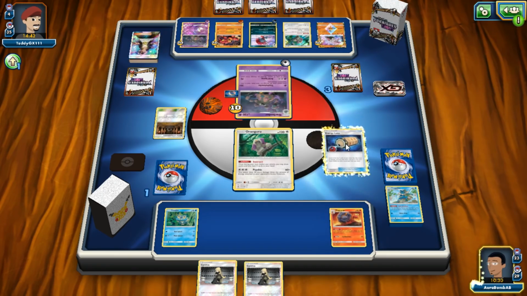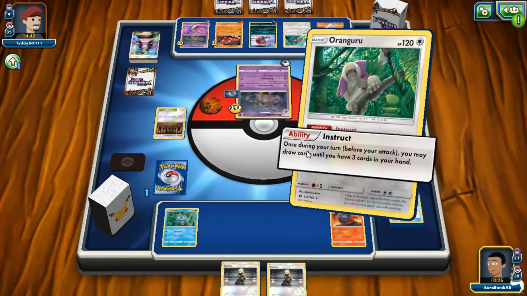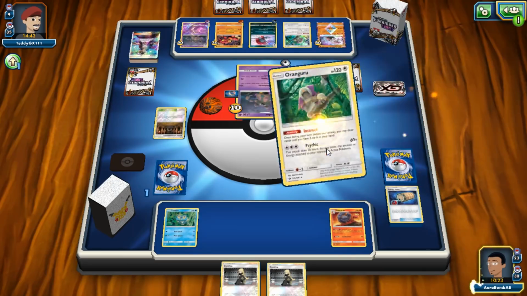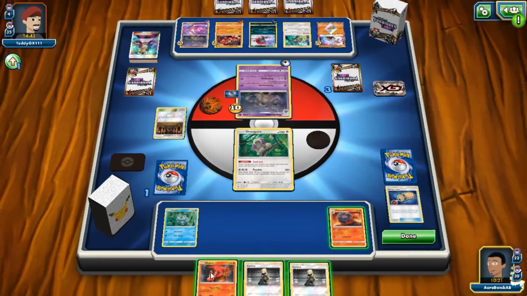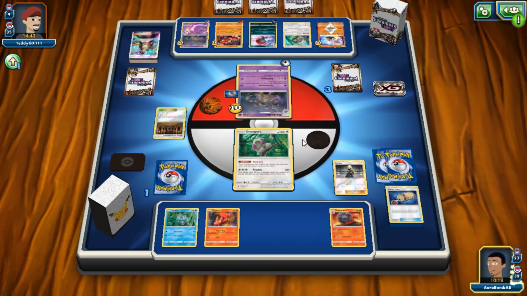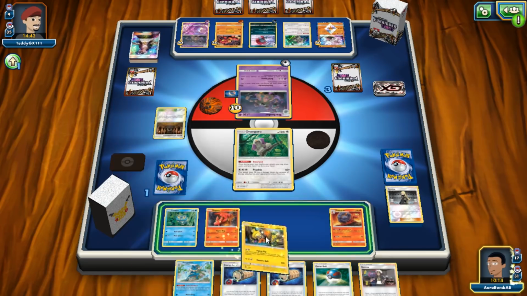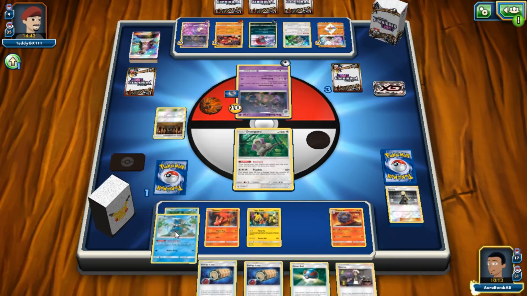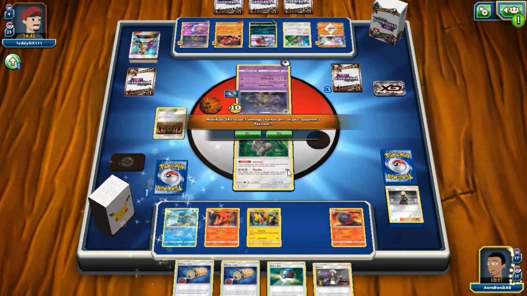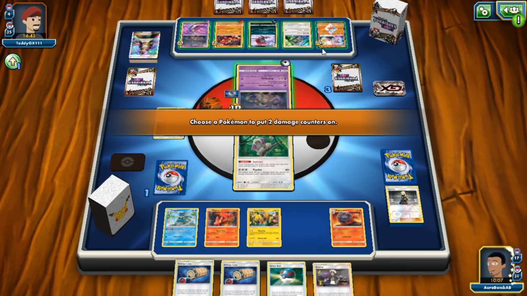We're gonna Lotto so that we can draw 1. We whiffed, actually. That's crazy. There's so many energies in there. We'll instruct once. There was nothing I really wanted to grab there. Oh, you know what? I could have grabbed Stretcher. So maybe in hindsight that wasn't the best play, because Stretcher could have got me more Froakies. Yeah, I definitely should have grabbed Stretcher. Yes. Let's put 2 on...